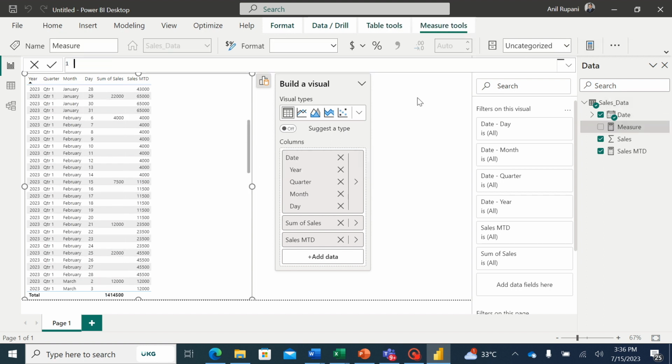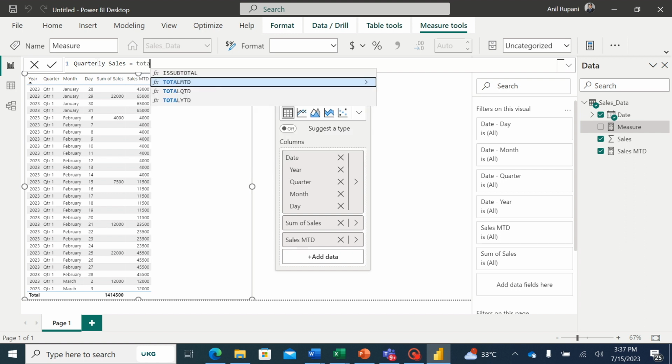Here the syntax would be the same, but first let me write the name of this measure, sales quarter to date, or I would rename this as quarterly sales. My function would be total QTD,